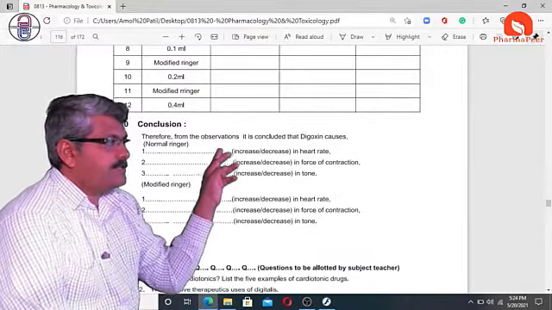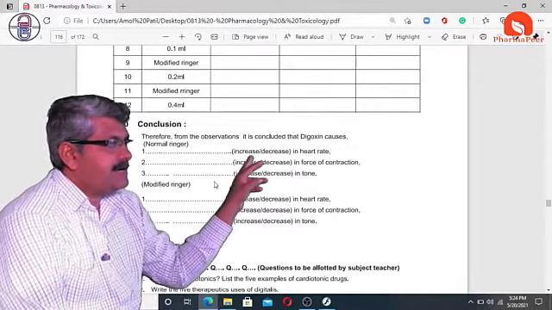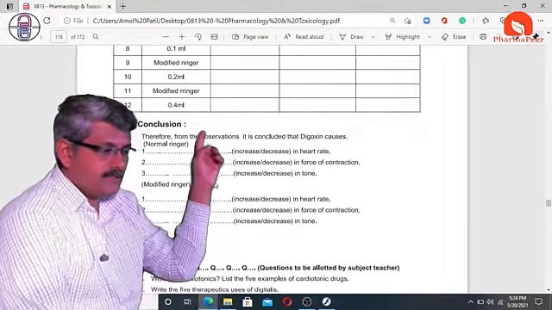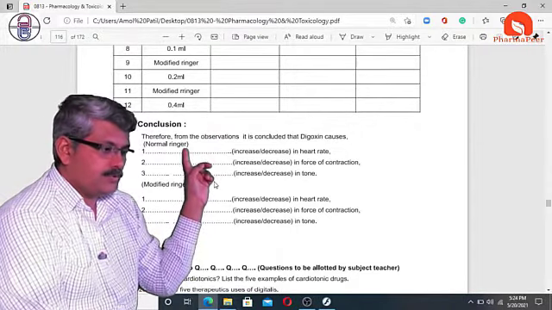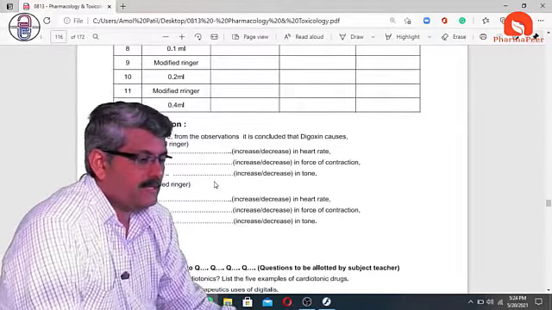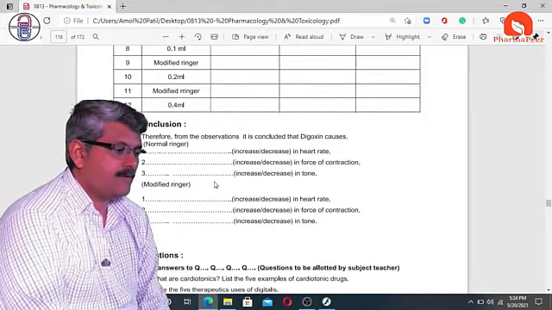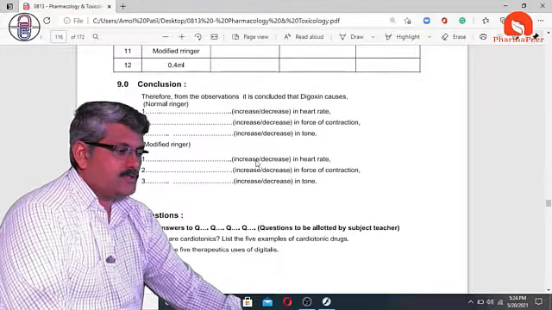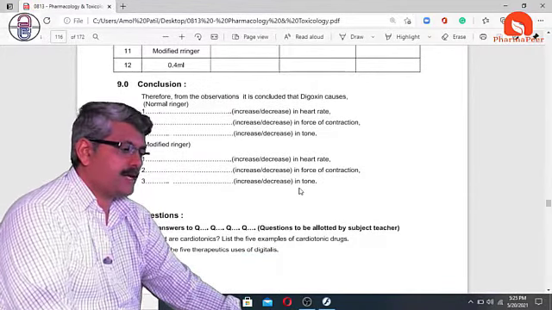therefore, from observation, it is concluded that digitalis causes increase in heart rate, increase of force of contraction, and increase in tone with normal Ringer solution. What happened when we gave a modified Ringer solution? Again, in modified Ringer solution also there is improvement in heart rate, increase in force of contraction, and increase in